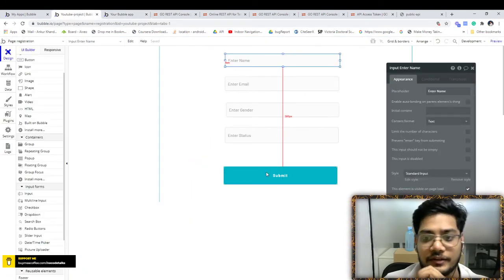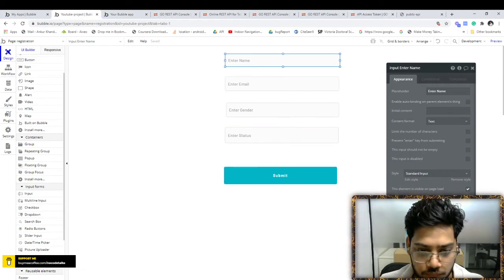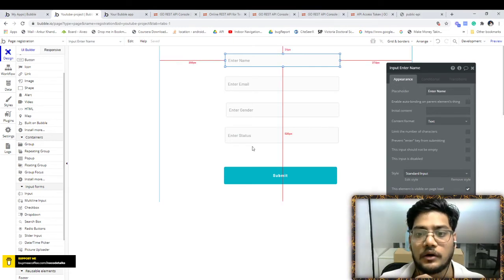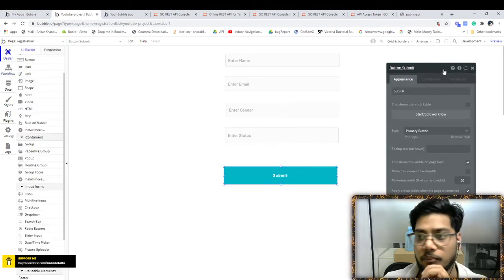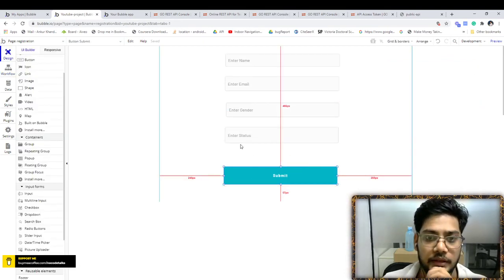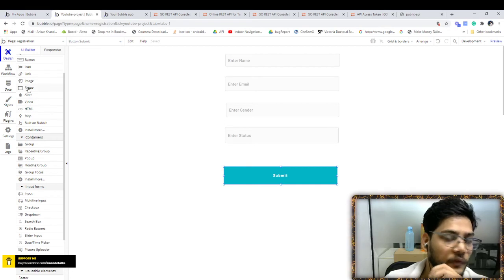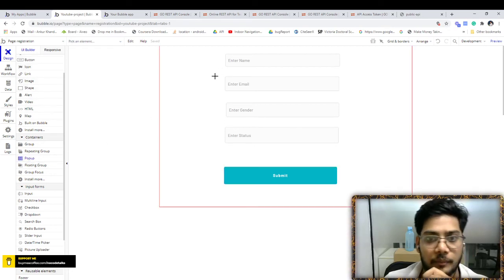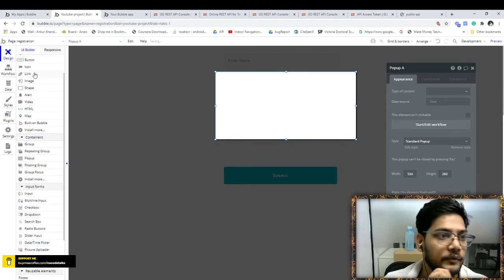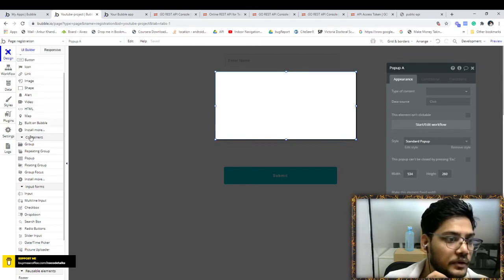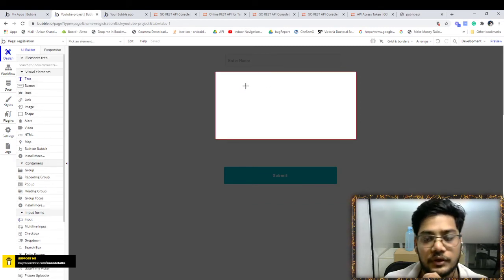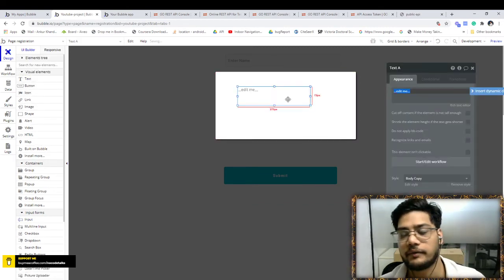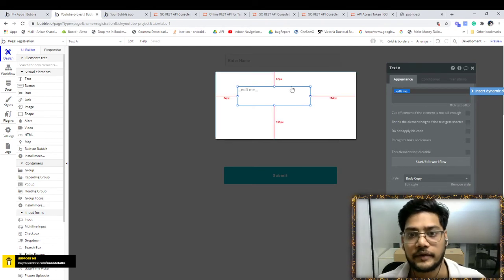You can even show the result. How will you show it? Just click on workflow, and we will create a pop-up, basically a pop-up to show whether it is working or not. Pop-up here, and we will put a text here to show the ID. So that will help to figure out what the ID of that is.